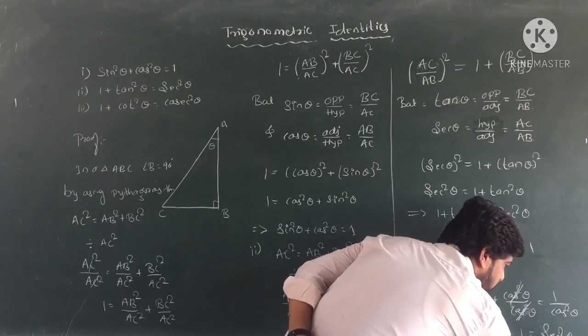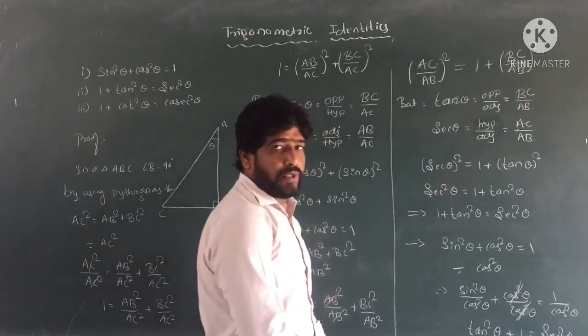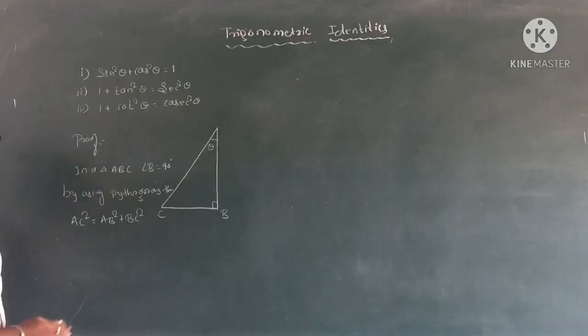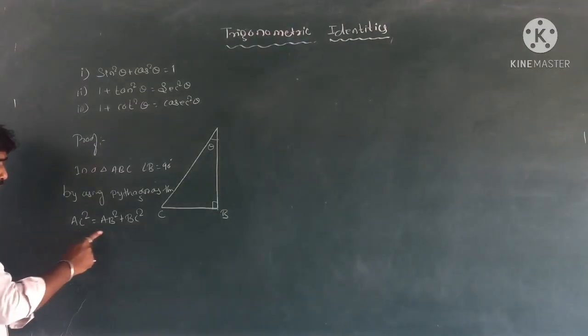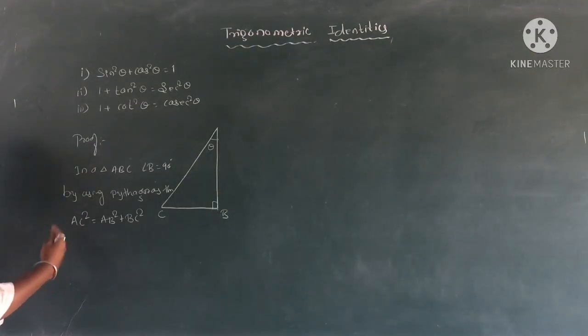Sec square theta. So hence proof. Is it clear? So well students, next the third one. By using Pythagoras theorem, we can write AC square is equal to AB square plus BC square. Hypotenuse square is equal to sum of square of other two